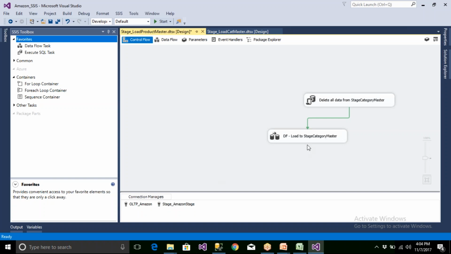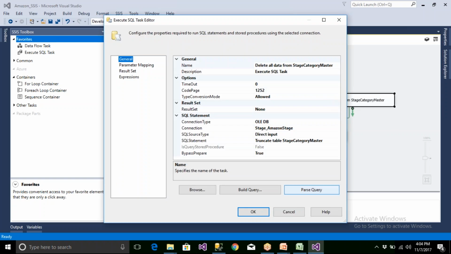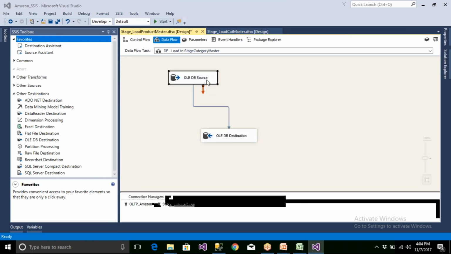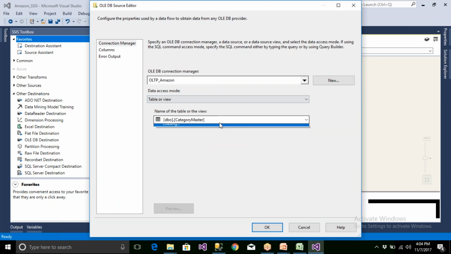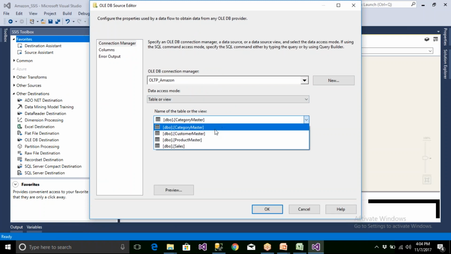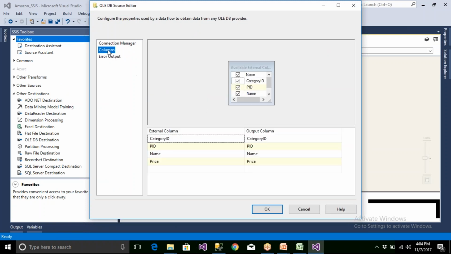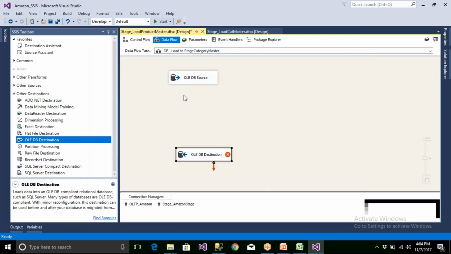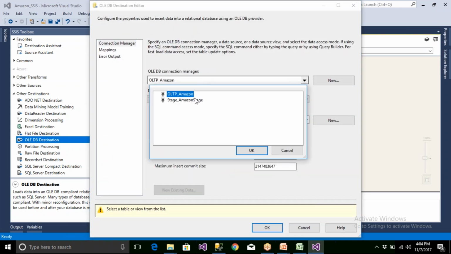Okay. So now you go here. The second one is load product. So go to the OLEDB source. Now here the second table I'm changing to product master, and let me remove this, and the OLEDB destination I'm going to have, and here take staging.